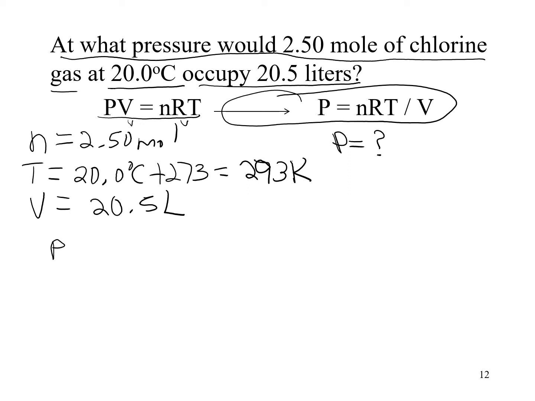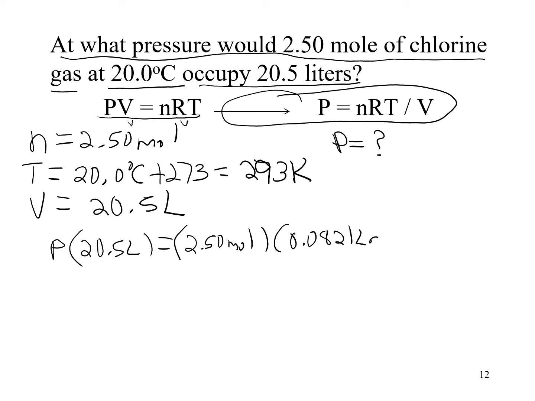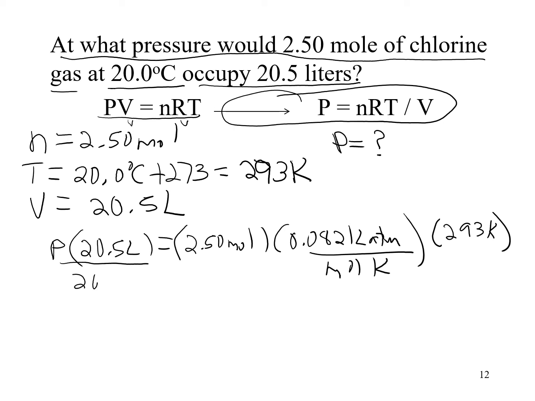So pressure times volume, which is 20.5 liters, is equal to N, which is 2.5 moles, times my R value, which is 0.0821 liter atmospheres over mole K, times temperature, 293 K. Now we're going to solve for pressure, so we need to divide both sides by 20.5